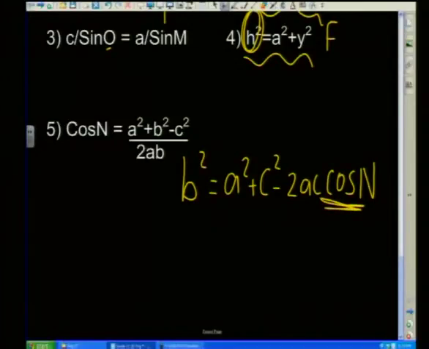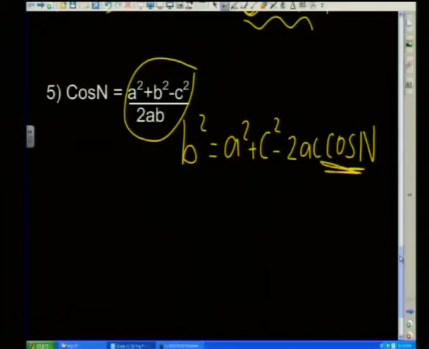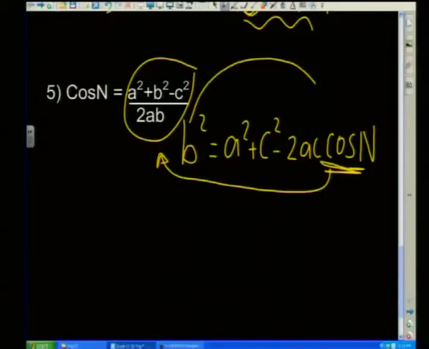All right, and all we've got to do, because you can see all your variables are in this answer, is just figure out whether what they've written there is true or false. So what we're going to do is rearrange the formula B squared is equal to A squared plus C squared minus 2AC cos N. We're going to rearrange it and try and get cos N as our subject. All right, so first thing we're going to do is move this term to the left, and we're going to move the B squared to the right. So we'll get 2AC